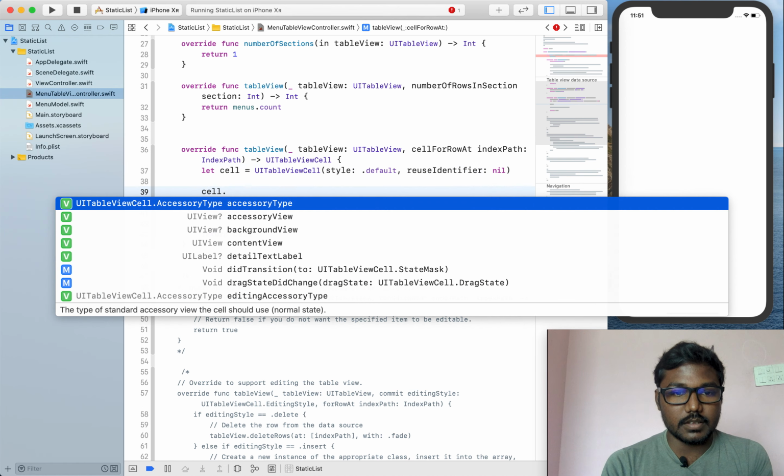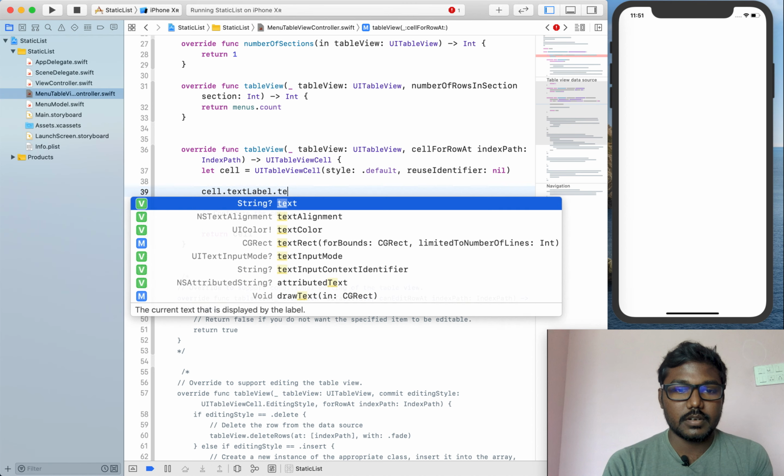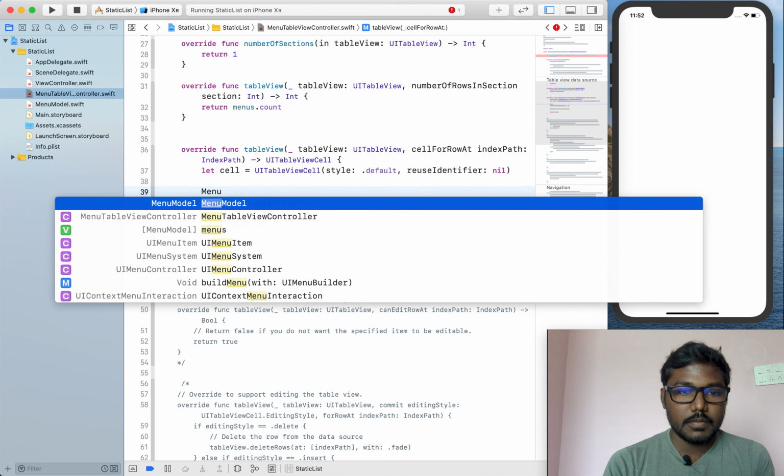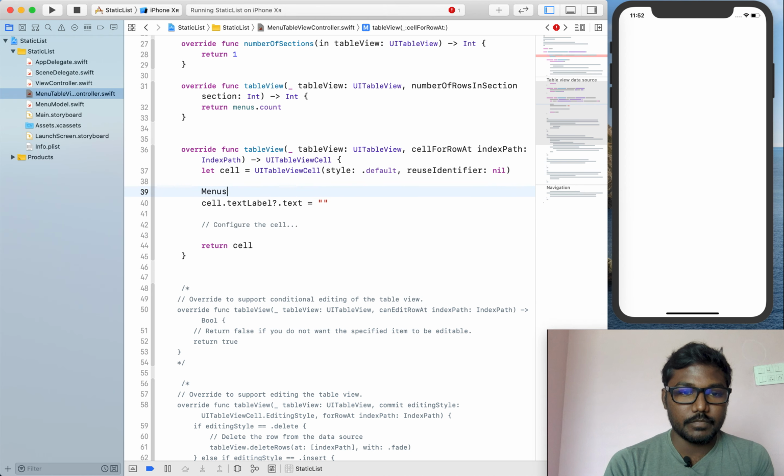Here I am setting the text label dot text equal to menus of indexPath dot row, let menu.